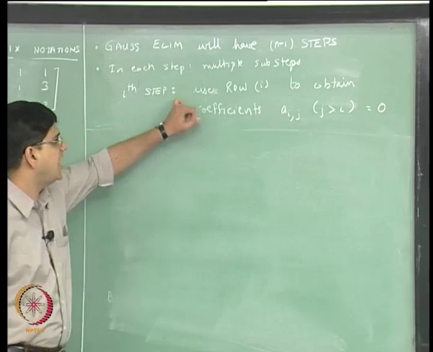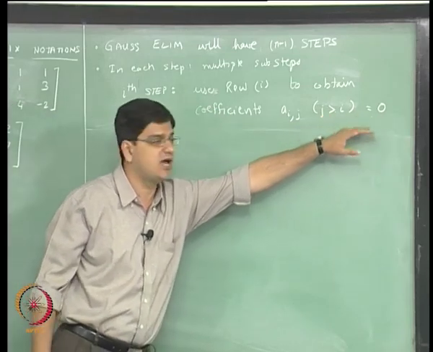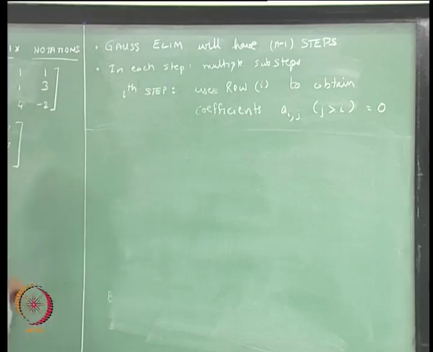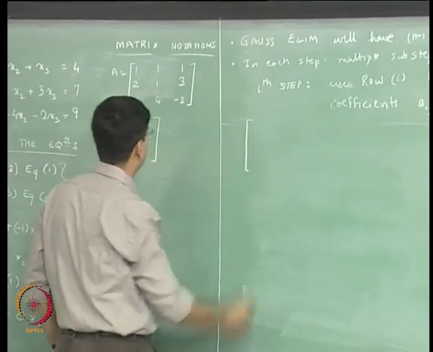Okay, we will use the ith row to obtain the coefficients a(i,j), where j is greater than i, equal to 0. So what we mean by that is the first step,